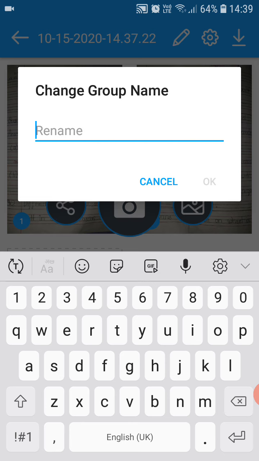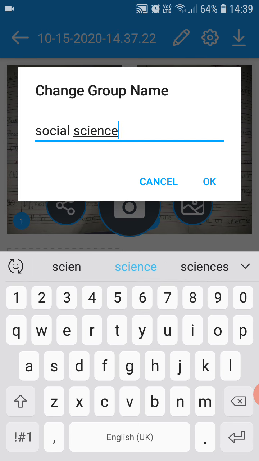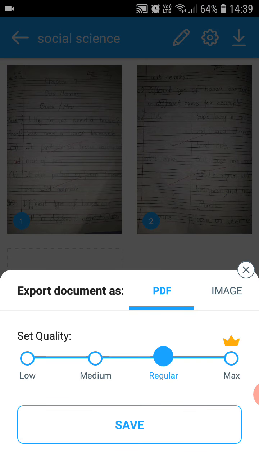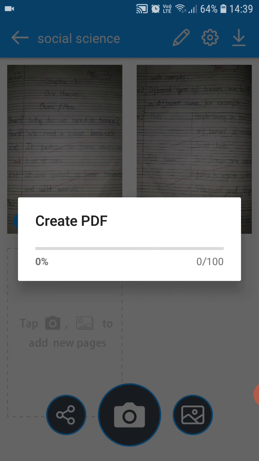Suppose I am giving it the name of my subject, social science. I'm saving it as social science. And then there is another option, download. You can see the down arrow button, you have to click on it. It will download it in PDF form. So you have to save it.